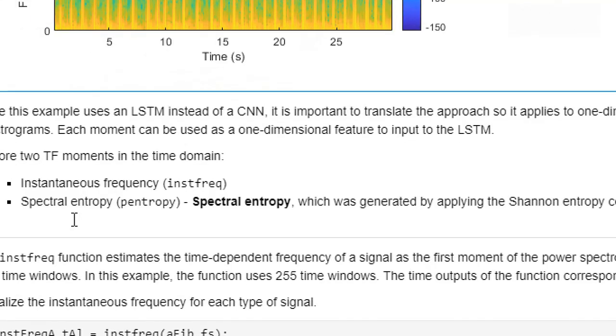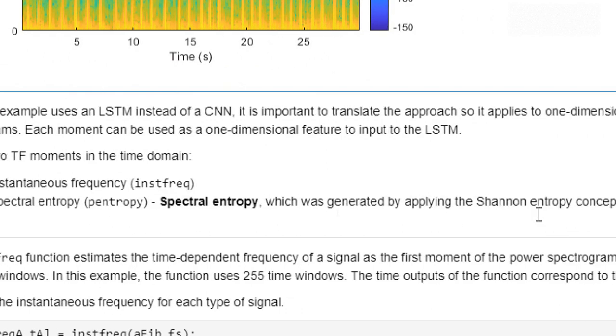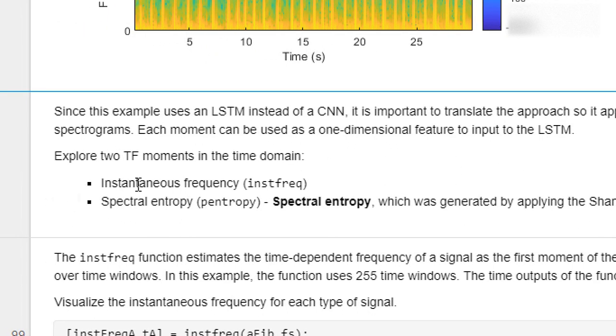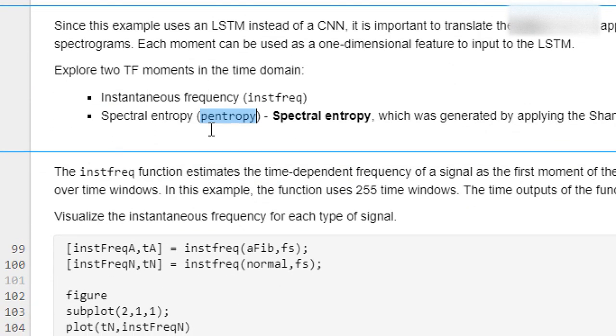Another is spectral entropy. Spectral entropy, you know the Shannon entropy concept, right? That is the entropy. I think when you have one course, that is IIT, you know what spectral entropy is. These features you can use in machine learning also, but in this case I am going to use deep learning. Whatever ECG signal raw data I have, I am going to extract the instantaneous frequency from that and the spectral entropy from that. The function is pentropy to extract the entropy. So we will train on these two features.